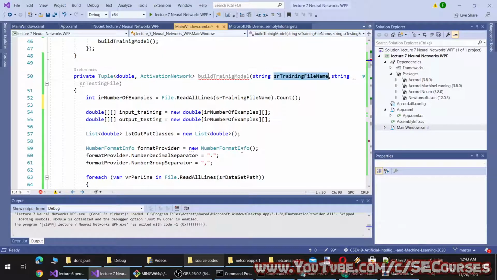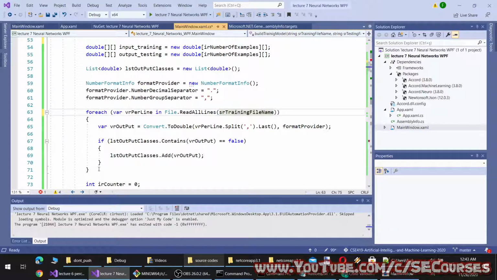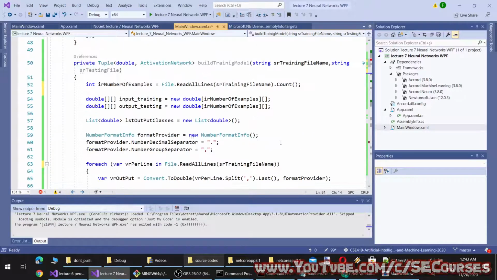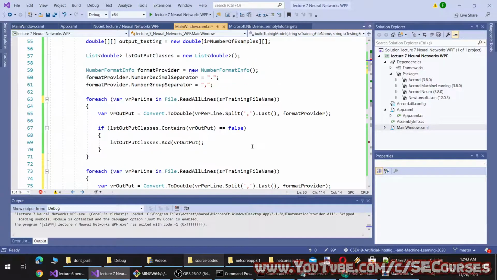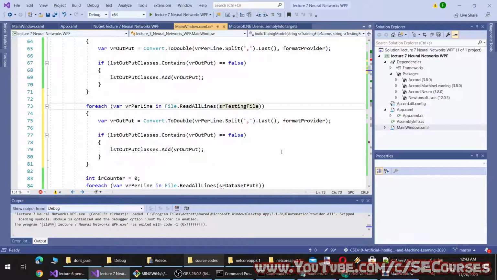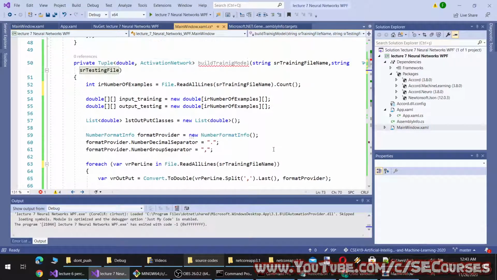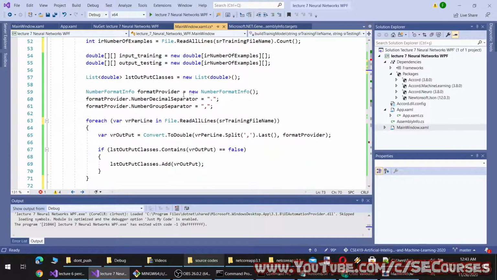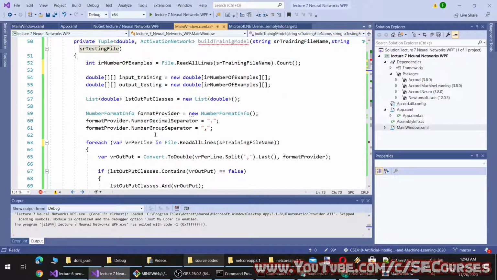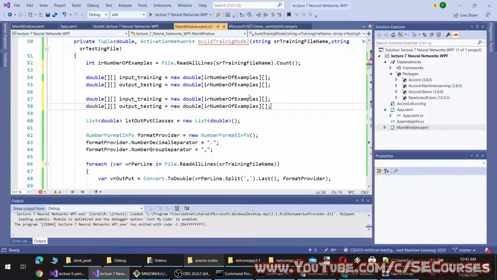So this will read it from here and also here. So we will read it. And also we will have input. This will be output training as well.